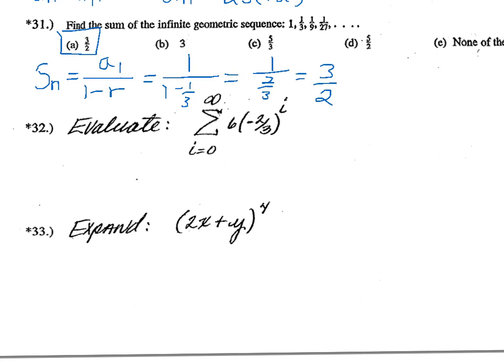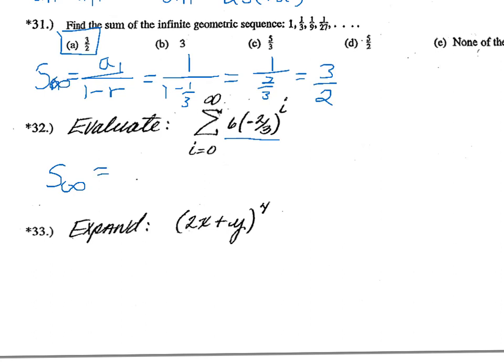32, we also want to evaluate an infinite geometric sum. We know that it's geometric by the way that the formula is written. We have an a sub 1, we have an r, and the r is being raised to an exponent. So we know we have a geometric sequence. So now we want to use the infinite geometric sum formula in order to sum this series. So we're going to use s sub infinity,